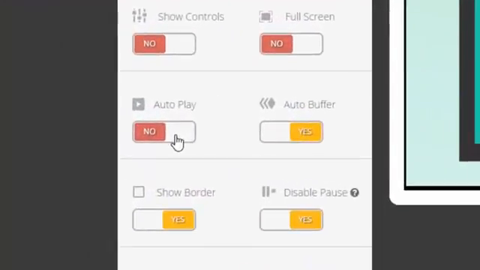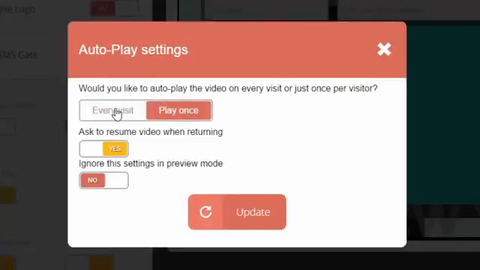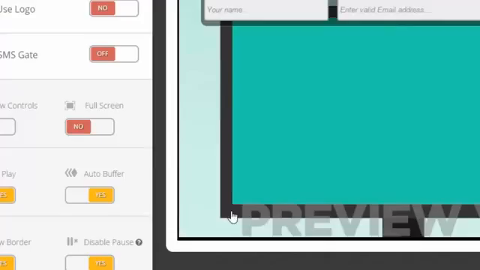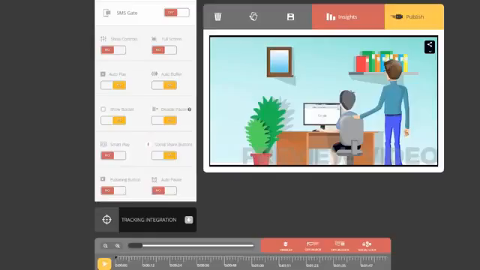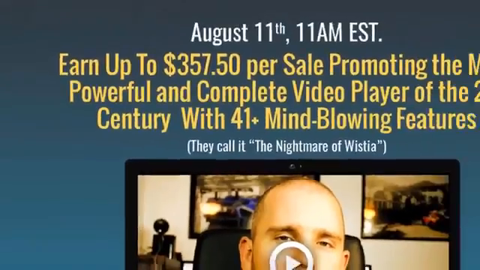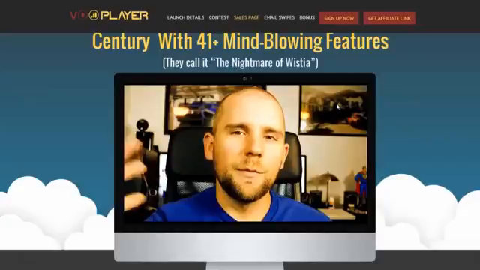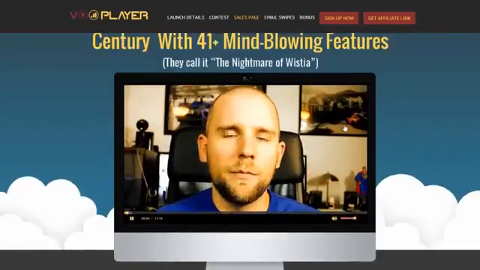You can enable your video to start auto-playing on every visit or on first visit only to avoid annoying repeated visitors. That means if someone starts watching your video, maybe they watch the first 2 minutes, well, if they come back, the video will actually take off from that 2-minute mark. They won't have to restart the video. So this is our feature called Smart Play. This ensures visitors don't miss a second of your video. It triggers video auto pause if the video is not visible in their browser window, and autoplay when they go